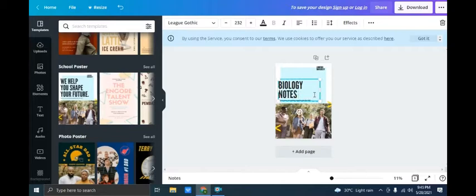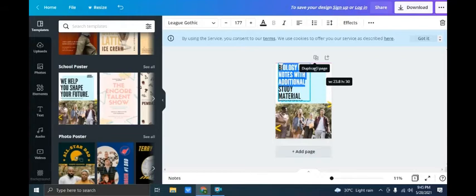Like I will write biology study material, and whatsoever I type, you can see over here. According to your need, it should look attractive. Biology notes with additional study material, this I am going to write over here. Suppose it goes out of the range of the poster, you need not worry, you can adjust it according to your size. First of all, just type whatsoever you want to type.